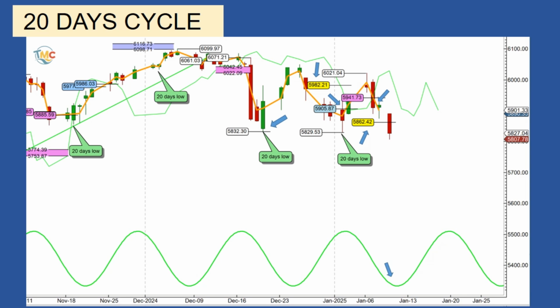The next 20-day low was expected for January 7th, but last Friday's decline could be the 20-day cycle low expected on January 7th. In this case, the 20-day cycle will be 21 days long, 3 days longer than the Hurst nominal model, which is 18 days. This makes sense, since in a bear trend the cycles are usually longer than the nominal model. In a bull trend the cycles have a tendency to be shorter.